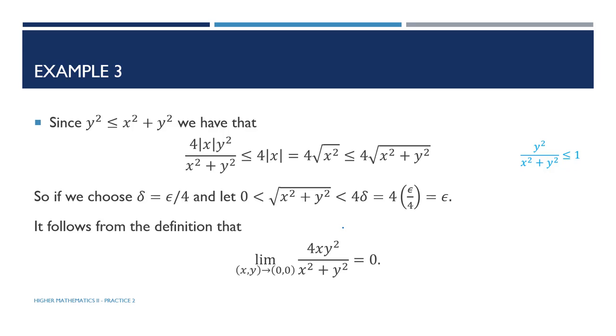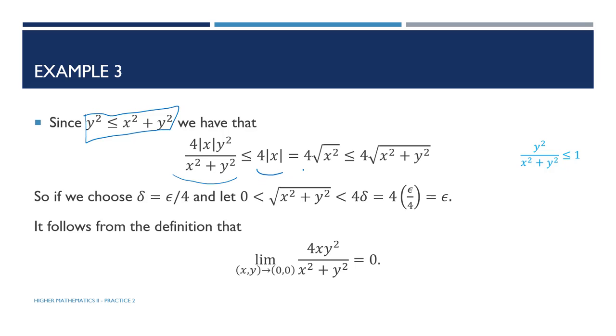Since y squared is smaller than or equal to x squared plus y squared, where did I get this? Because I know y squared can be equal to itself, but if I add any number, maybe small or bigger, which is x squared, and it's also positive, the expression on the right side will be greater than or maybe equal to y squared, which is if x squared is 0, they will be equal to each other. If x squared is not 0, it's always greater than. So from this one we have that the expression is smaller than or equal to 4x,